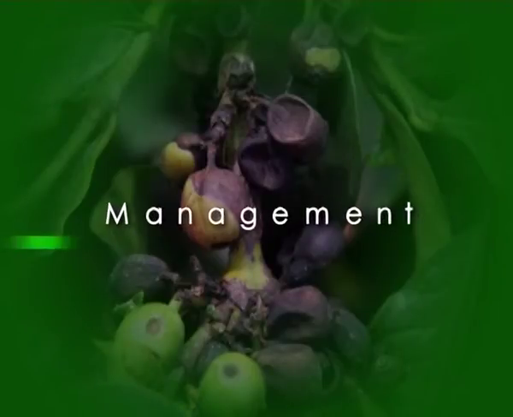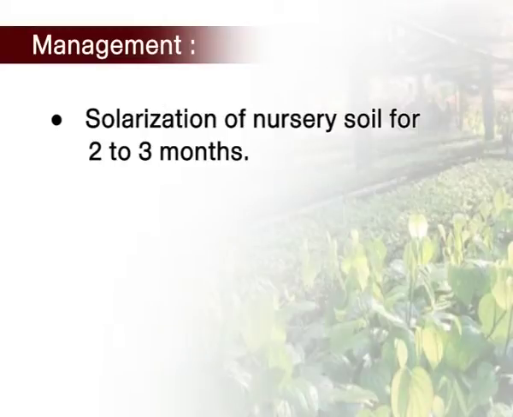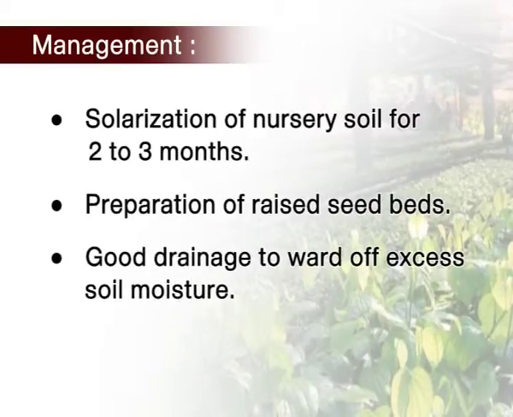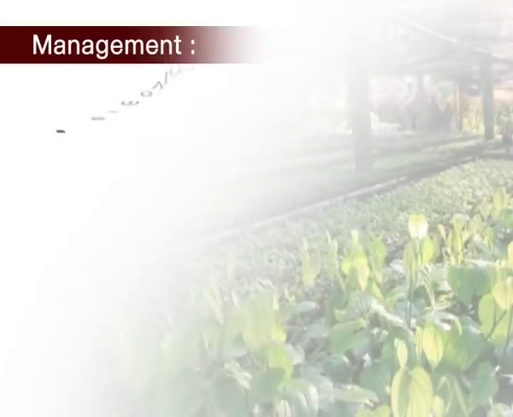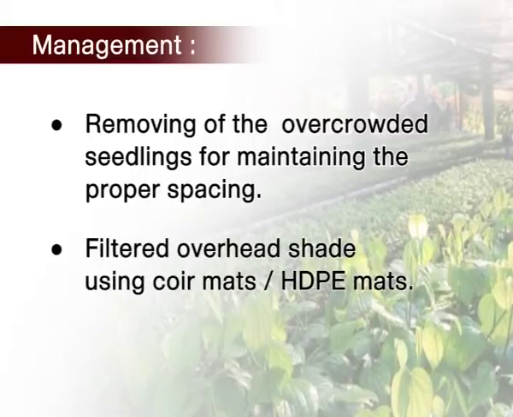Let's see how we can manage. First one is the solarization of nursery soil for 2 to 3 months. Preparation of raised seed beds with good drainage to ward off excess soil moisture. Removing the overcrowded seedlings for maintaining the proper spacing, or filtered overhead shade using coir mats or HDPE